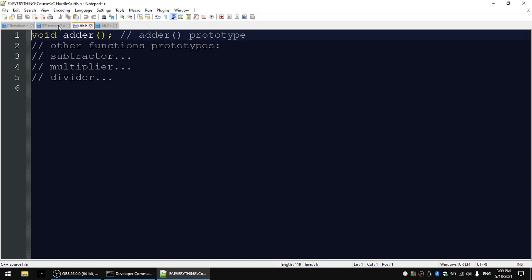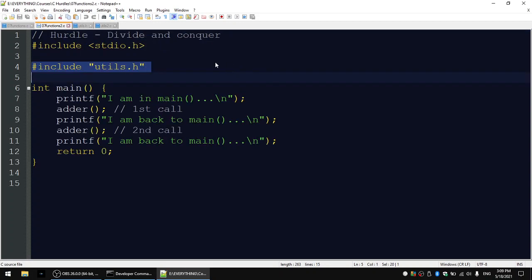In case I now need any of them, I don't have to remember those functions' prototypes. I just put one line of code, include utils.h, where all the module functions' prototypes are, and the compiler is going to pick up the one it needs.